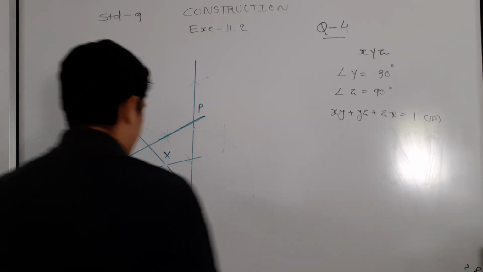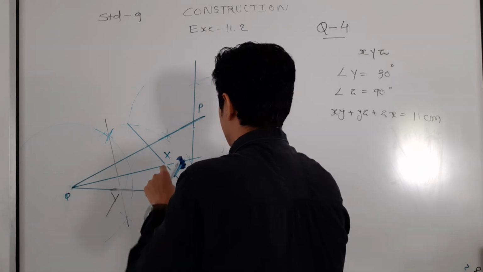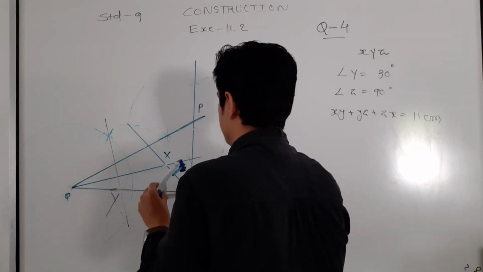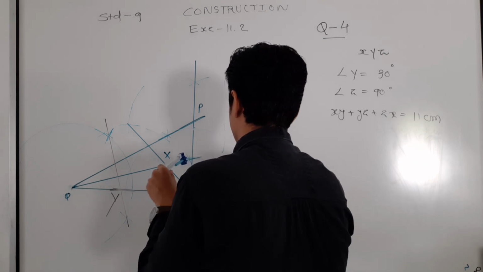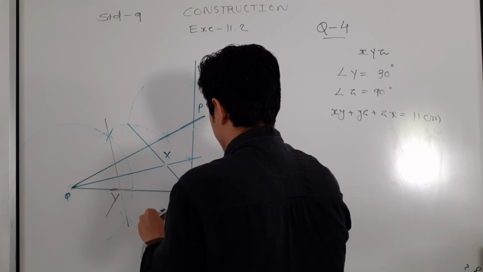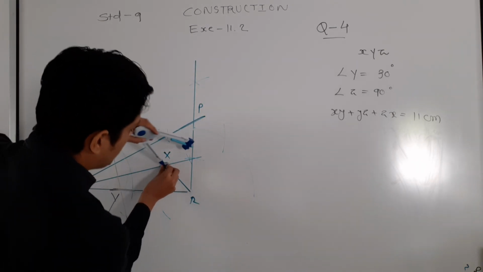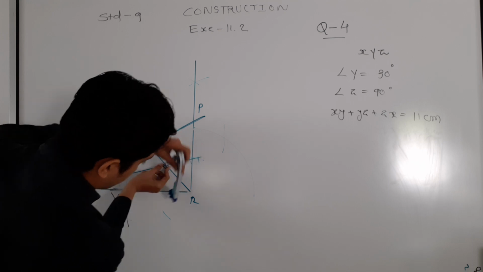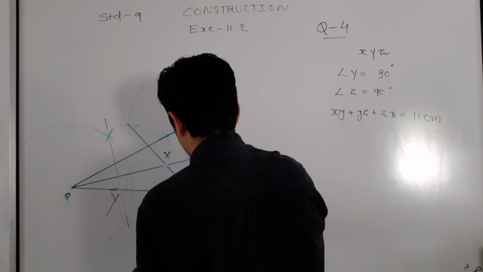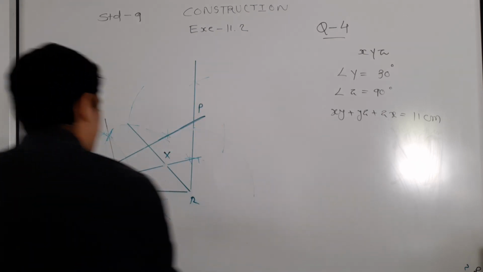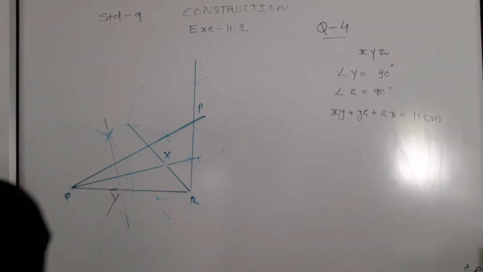more than half radius. Okay, one arc top side, one arc down side. Okay, this side, one arc down side. Okay, this side. From another end, one arc again top side, one arc down side. So from these both intersecting points you have to draw one more arc.